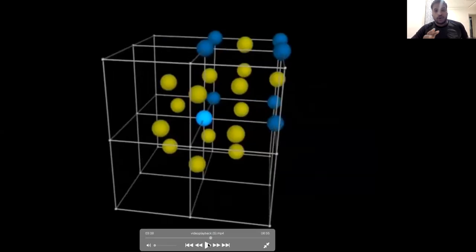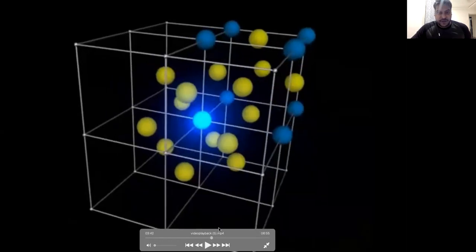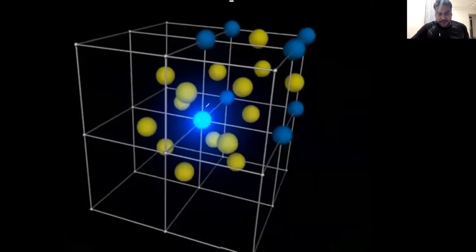Now, if you see the coordination number here, it's very important to understand how the coordination number is. For that, if you observe carefully, this particular reference atom is touching how many atoms? Let us see. It is touching the face atom here. It is touching the face atom here. Got it? It is touching the face atom here in this way, and it is touching the face atom here. So how many atoms did it touch? It touched 4. Here also this is touching this particular face atom.